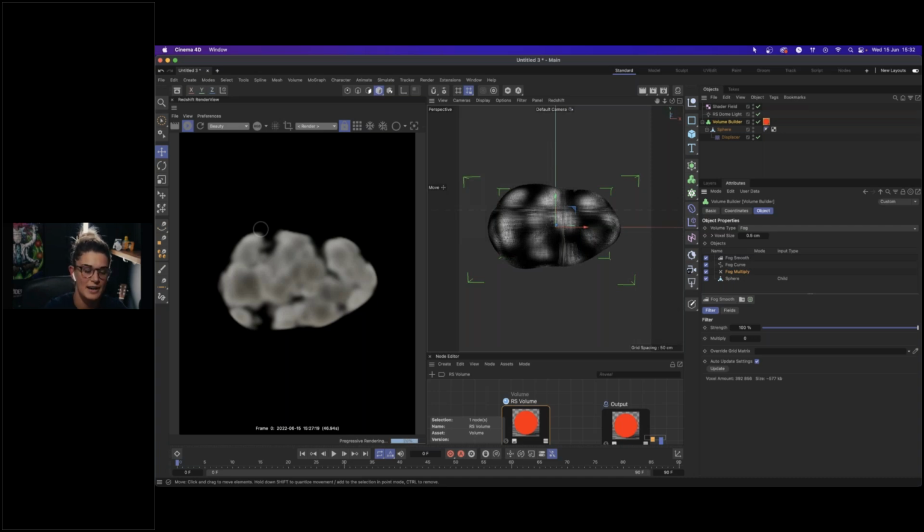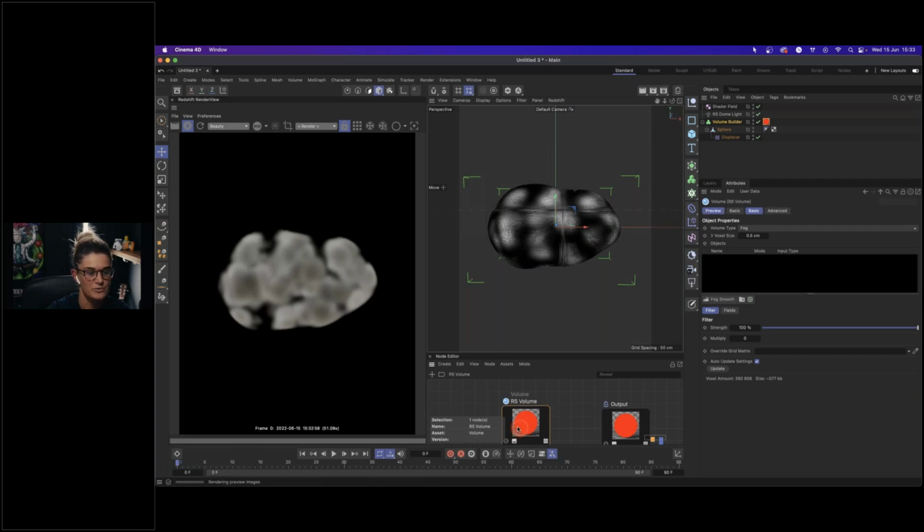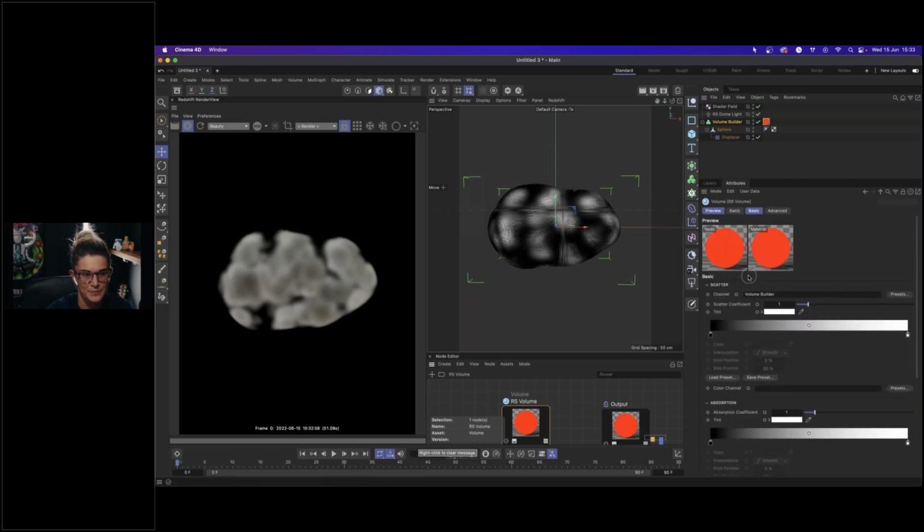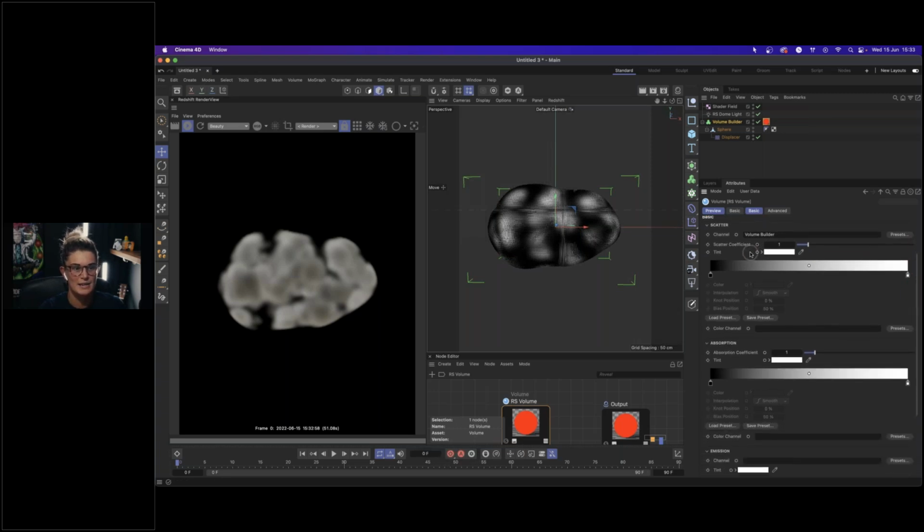So the main thing here, especially when you're working with Redshift, is to change your render to Redshift. We then set up our fog volume using a volume builder in fog mode. We then need to have a light that is going to affect our volume. And then we also need to make sure that we have our Redshift volume material with the relevant channels in. So really quickly, we're going to go into some of these channels when we add some volume fog to the Light Saber. But what they are,